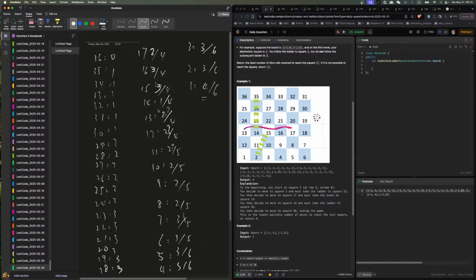Without ladder is 4, with ladder is 1, and with snake,